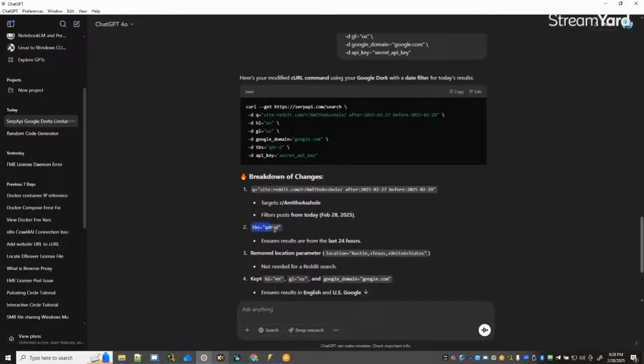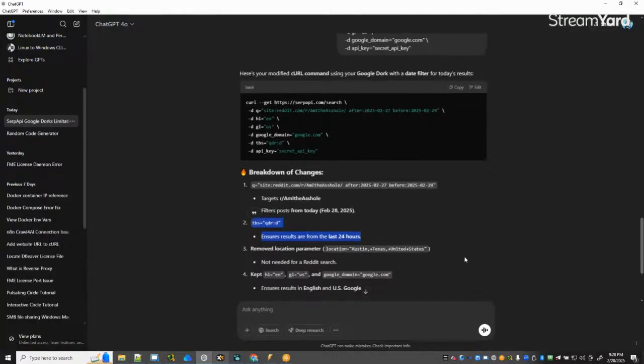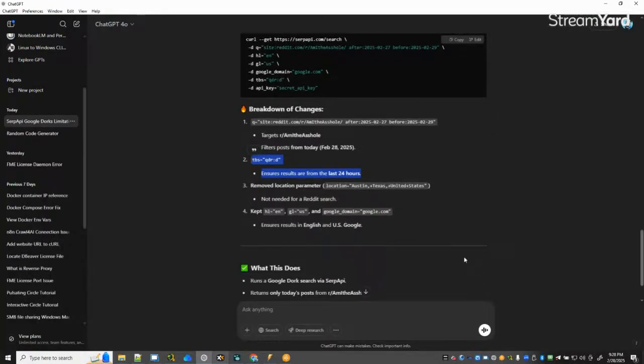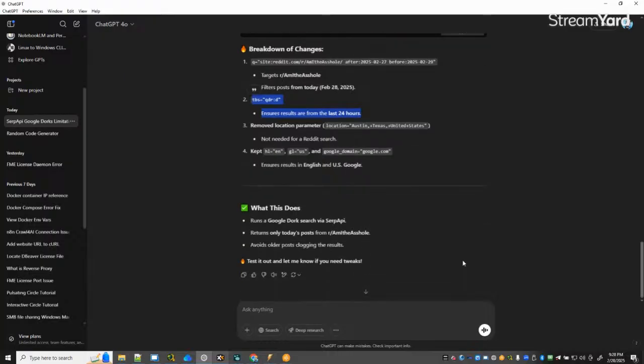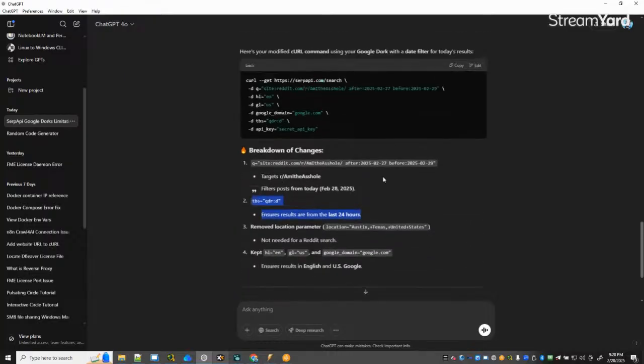I don't know where this is. Remove location parameter. Don't need that. Kept. Ensures results in English and okay. All right. And all right. So